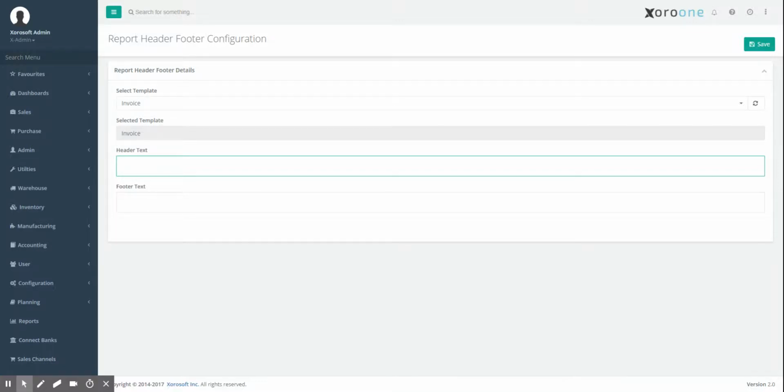Hi everyone, welcome to the reporting header and footer configuration tutorial for Xoro. Basically in this quick guide we're going to go through how to set up headers and footers for all your reports in the system. So the first thing I'm going to do is pull up this